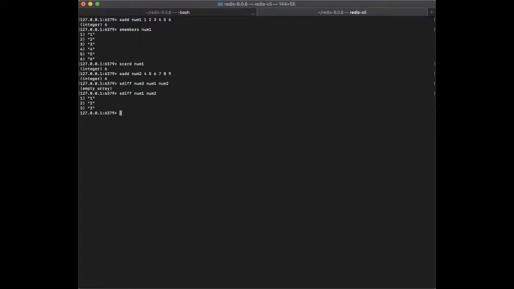So if you want to store it into another set, which I mentioned before, you will use the command SDIFFSTORE. Okay, so here the set num3 will have 1, 2, 3, which is the difference between the set num1 and